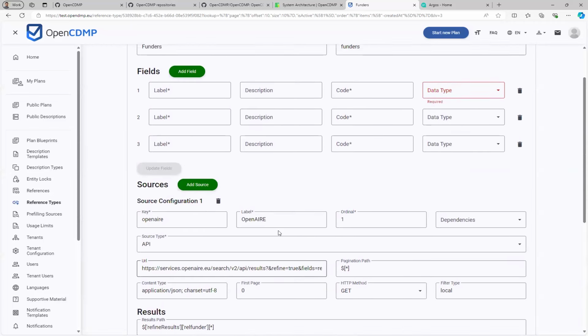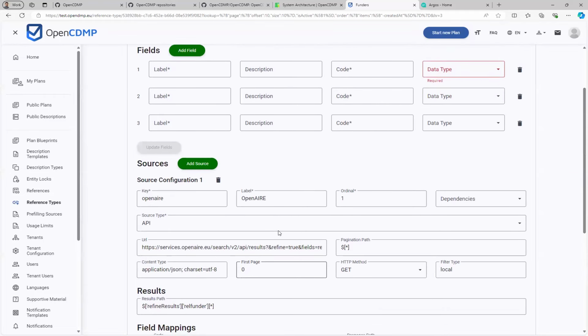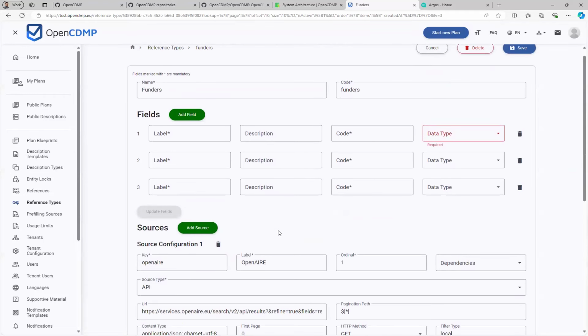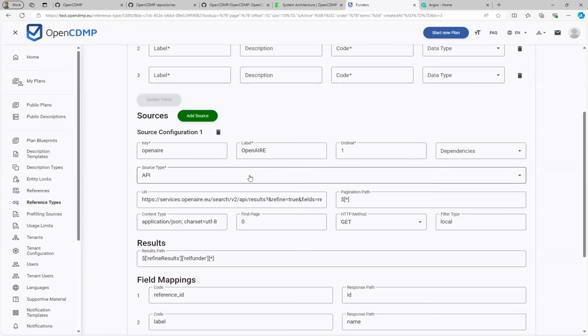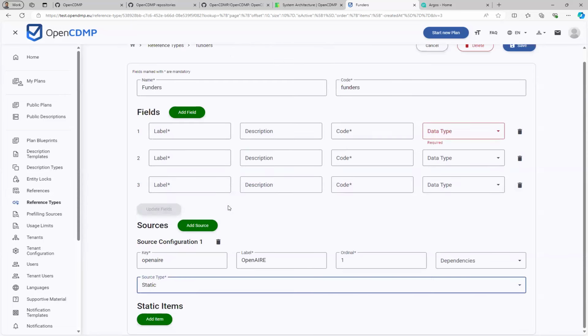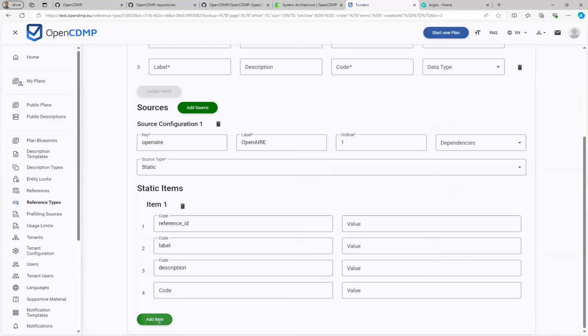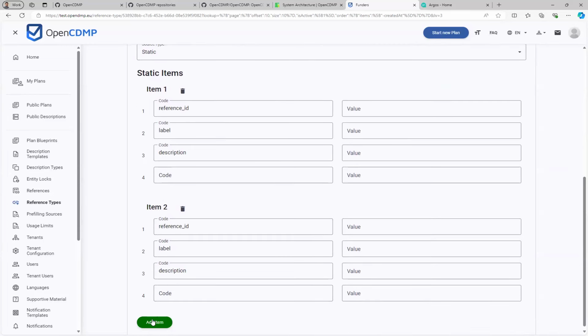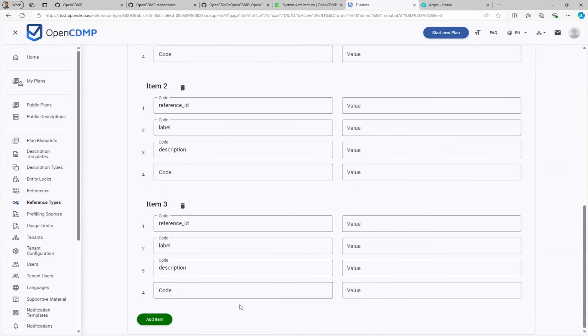What else? Apart from having an external reference that is fetched from an API, you can also have static references. So if you have a static vocabulary, you don't have it in an API, but you want your users to be able to select it, you can create here a static source and just add the items you need here.